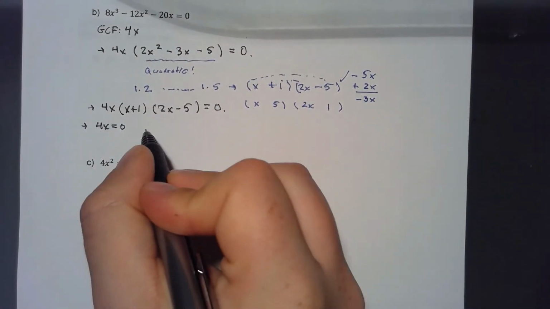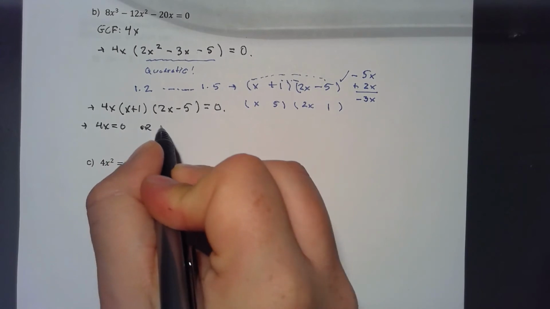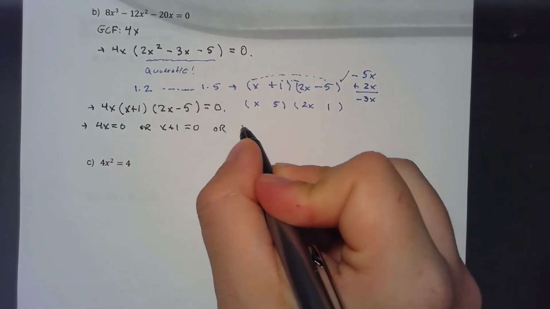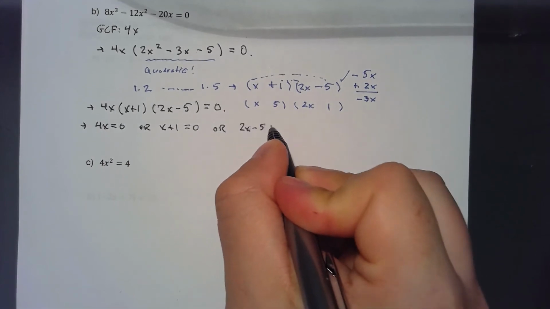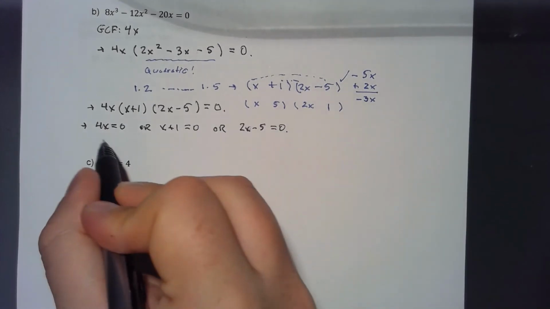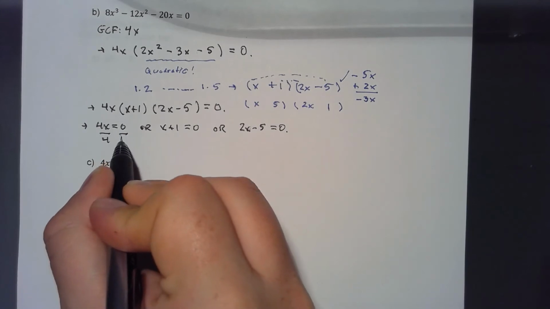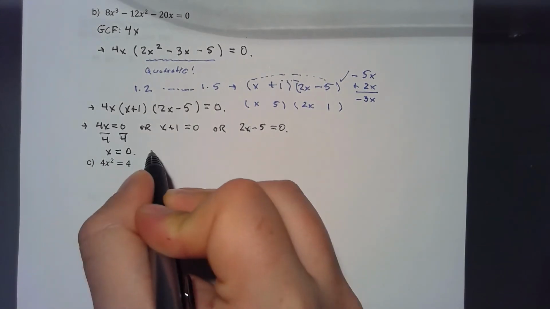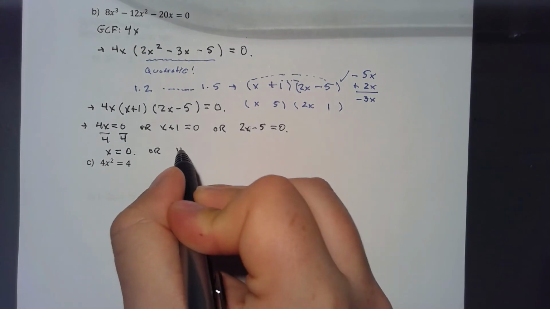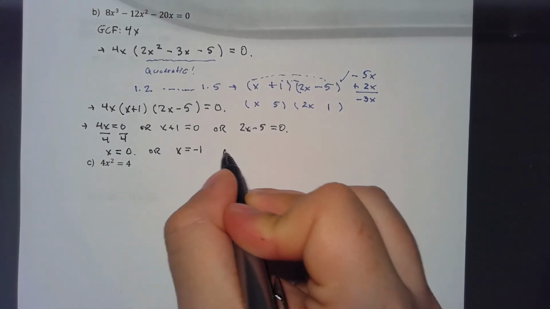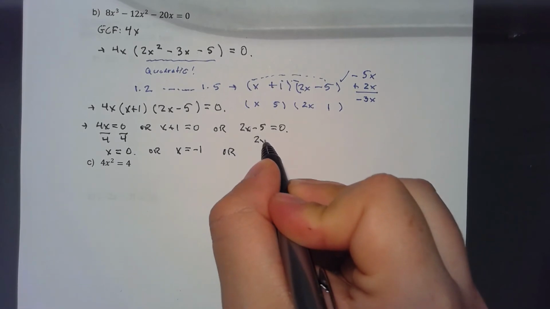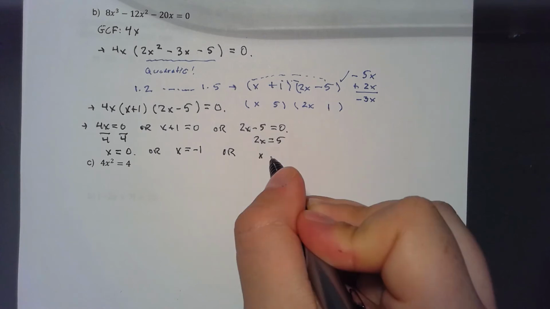So 4x equals 0, or x plus 1 equals 0, or 2x minus 5 equals 0. When I divide both sides by 4, 0 divided by 4 is just 0. Subtract 1, x equals negative 1. Add 5, so I get 2x equals 5. Divide by 2, x is going to equal